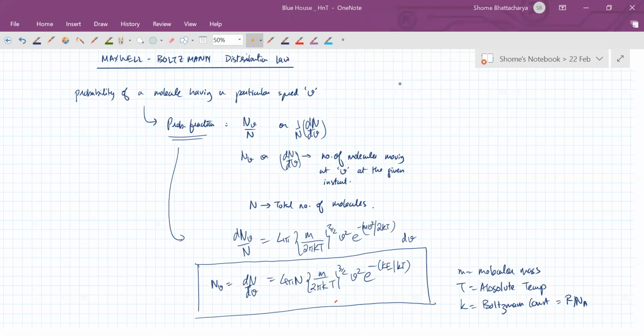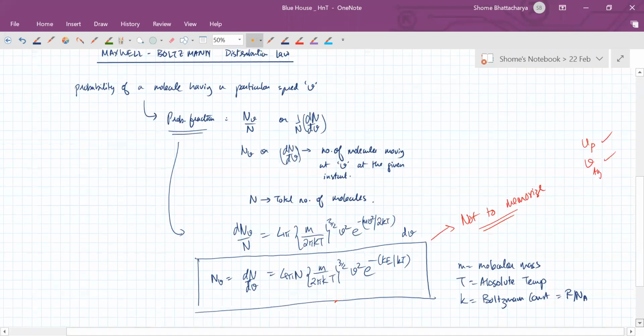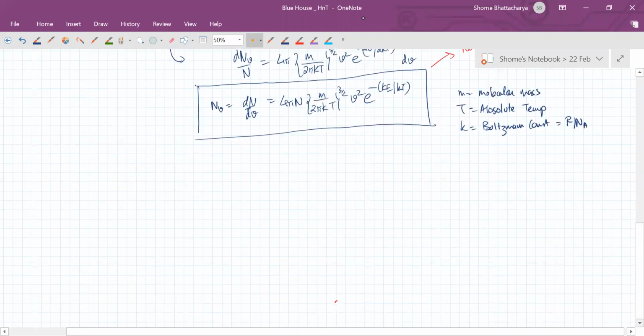No, this doesn't have to be memorized. No, Prachi, you don't have to remember this. There are no direct questions based on this formula. From this only, you have to remember the formula for most probable speed and the mean speed or the average speed. These are the ones that we require. The type of numerical applications are only the ones that we have discussed in kinetic theory of gases earlier. Only those type of numerical applications are going to come.